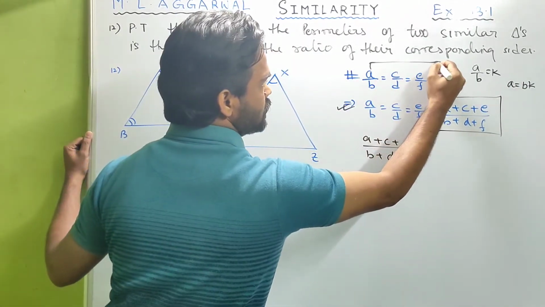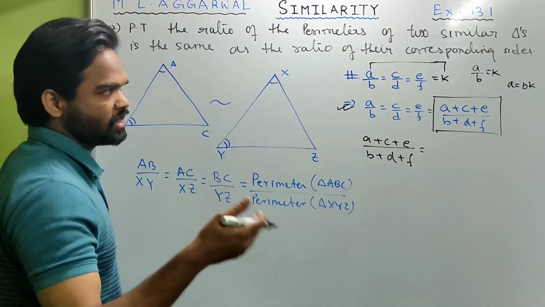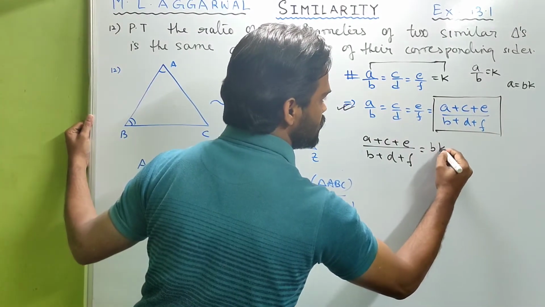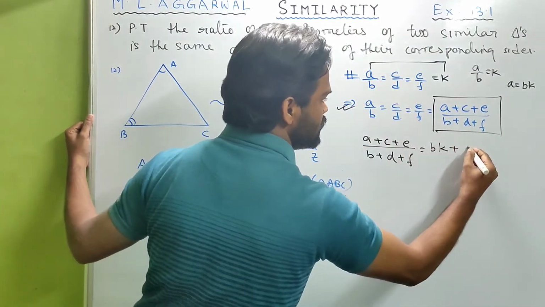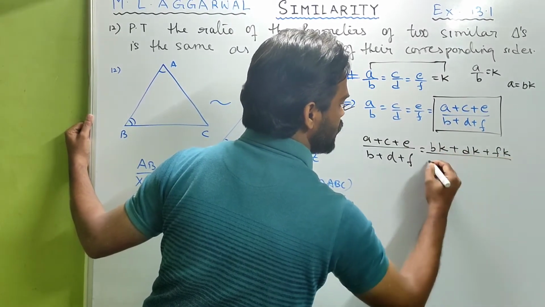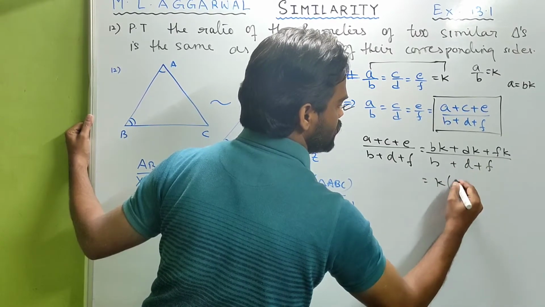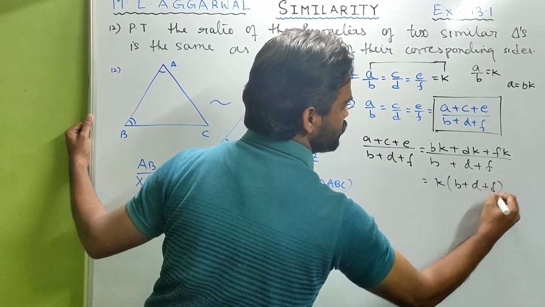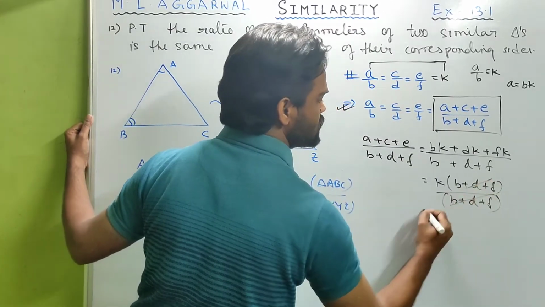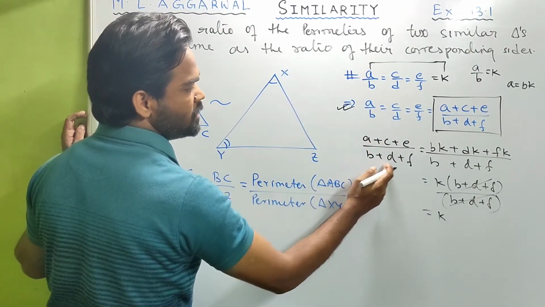I have taken A by B as K. Similarly, C by D as K, E by F as K. Okay? So A I can write BK, C I can write DK, and E I can write FK by B plus D plus F. So take K common, B plus D plus F. This is B plus D plus F. So this cancels out. K remains, which means A plus C plus E by B plus D plus F is